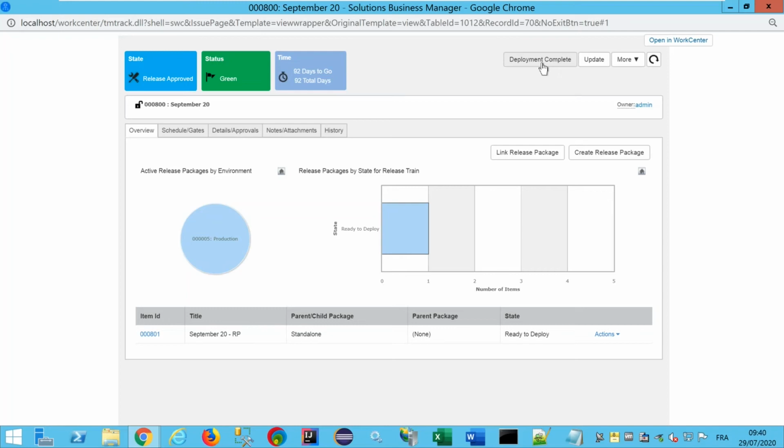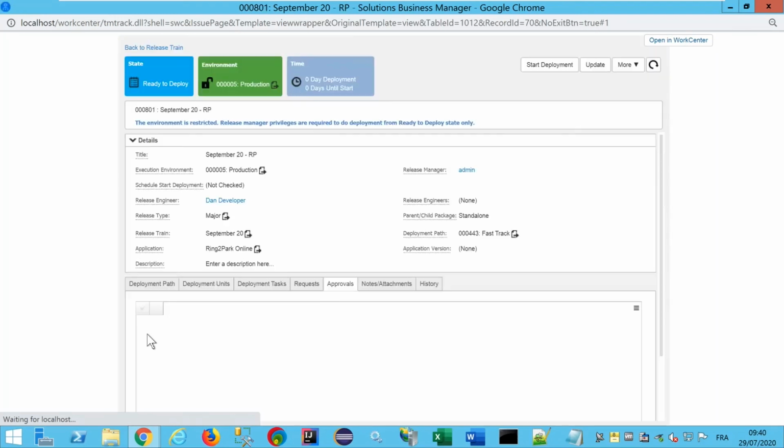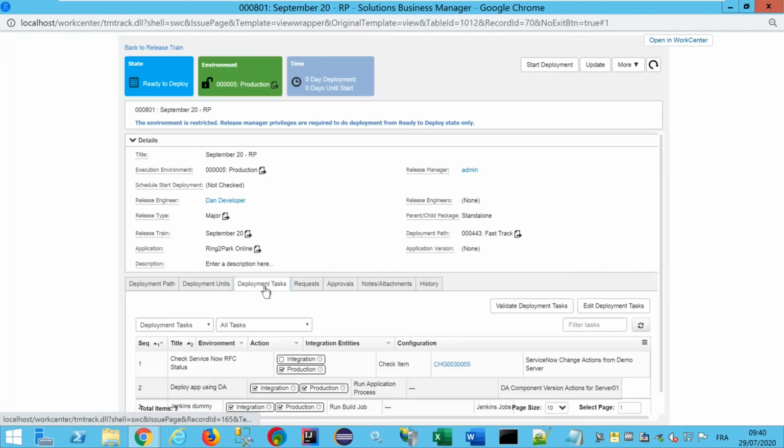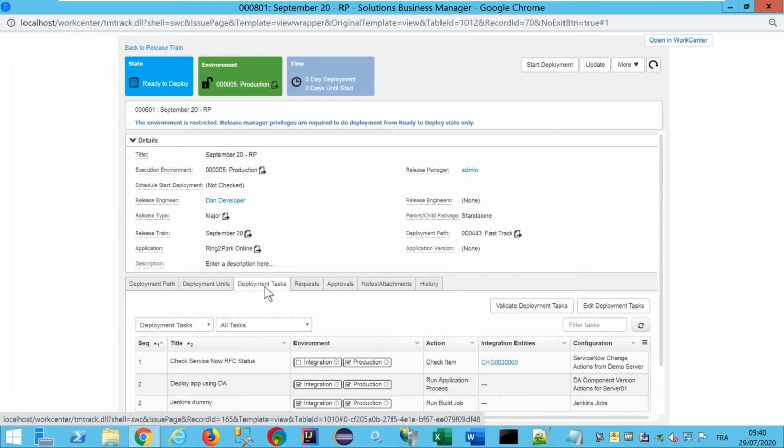The next one is just to move the train into production and go to each release package to execute the deployment at the release package level. So this is the second behavior you can implement using release control, and this is the one I will show you now. So now the release package is ready to be deployed into production.